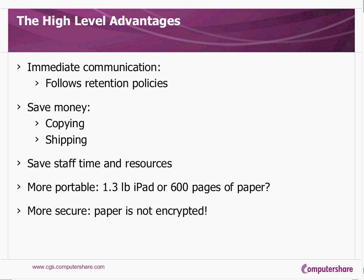We have the high level aspects of it. Again, a lot of the things that Steve talked about, but the time saving around collecting all the information, collating all that information, changing it when the board material changes 10 minutes before the book needs to be printed, printing them, shipping them, finding where you've got to ship it to find the director, whether they're on the airplane, at a hotel, in their office, at home, doing all that, then putting in those last minute supplements. The day of the board meeting, making your last minute changes and modifications, you can do all of that in a board portal with just a couple clicks, and you can easily